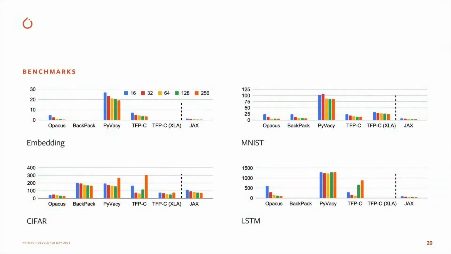And since we've started talking about efficiency, let's take a look at some numbers. A team at University of Waterloo released a paper comparing different DP-SGD frameworks on a simple set of benchmarks: linear model on MNIST, convnet on CIFAR, and embeddings and LSTMs. And as you can see, Opacus is best in class in terms of performance compared to other privacy frameworks on